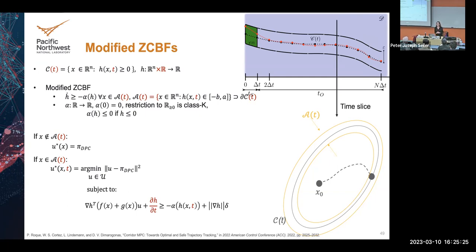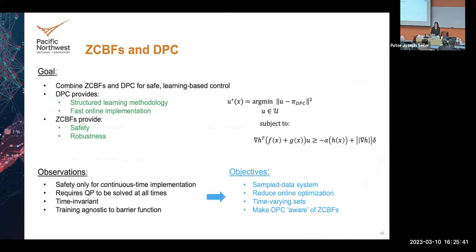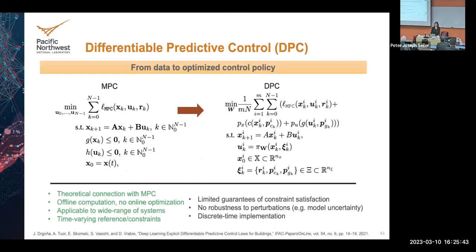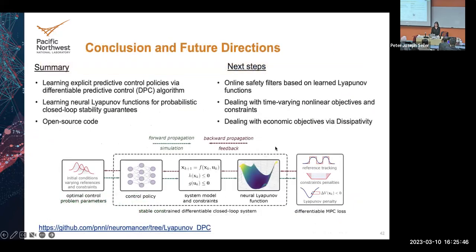Yeah, thank you. Okay. You mentioned that with this approach, you learn a control policy and also the Lyapunov function. Can you explain a little bit more how the Lyapunov function was learned? In the same way. If you look at this picture here, the Lyapunov function is a neural network representation. So it's not what you see in the picture, right? It's another neural representation that we learn.